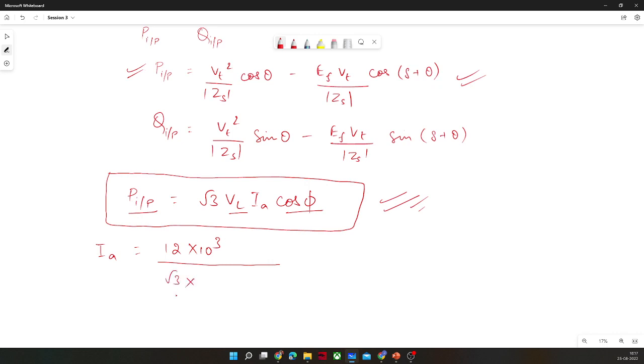Root 3, how much VL was there? 400 volt, into cos phi, which was 0.8. And this would come out to be, I guess, 21.65